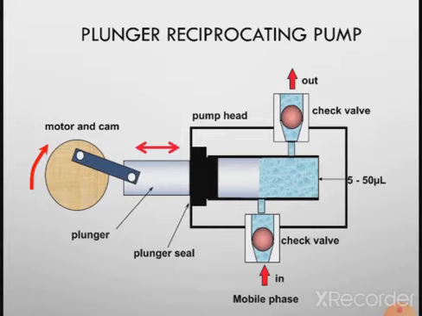So please see the diagram. How the check valve opens when the filling is there, and when the plunger is moving, here the outflow is there due to the compression of the liquid by the piston. Here the motion of the motor,